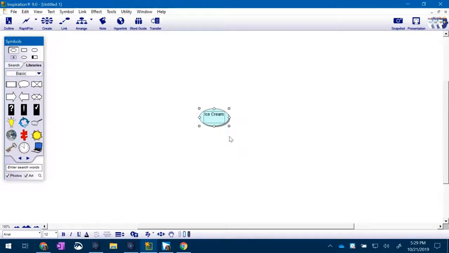So let's say I'm kind of brainstorming. I want to write an essay about ice cream, and I want some different topics that I'm going to talk about related to ice cream. Now, what is a great feature on Inspiration is this rapid fire tool. Rapid fire will put a little red lightning bolt right after my topic. And what it will do is I'm going to type a word. So I'm going to think of brands of ice cream. I'm going to toppings,